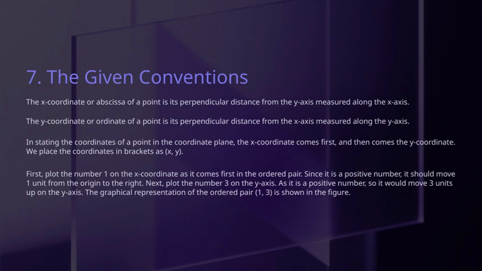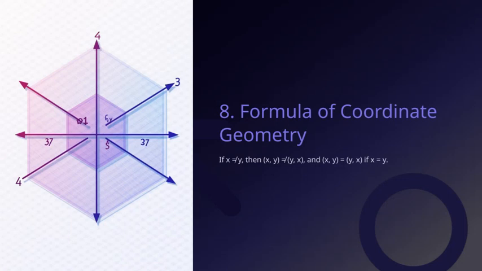Understanding these conventions is key because they form the foundation of how we describe and locate points in the coordinate plane. This helps us connect the graphical representation to the mathematical notation, making it easier to analyze and interpret data visually and numerically. So to clarify this important point about ordered pairs, if x is not equal to y, then